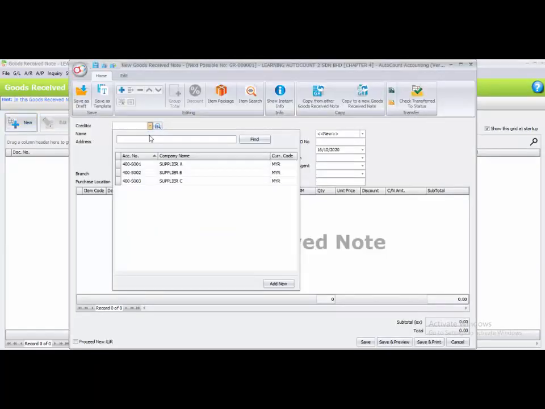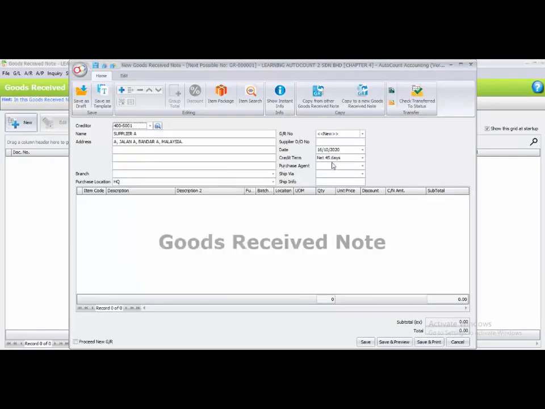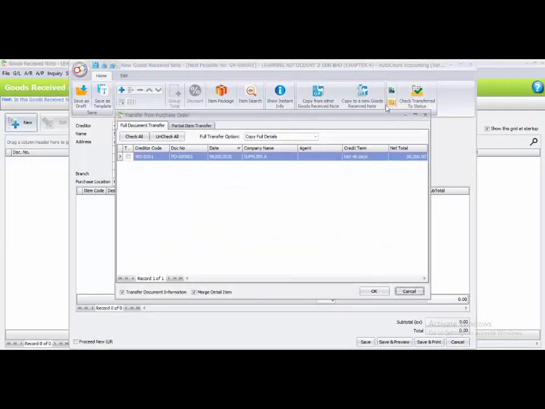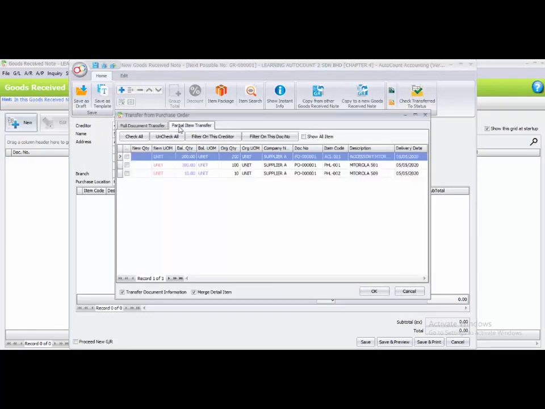Creditor is supplier A, and now we have to do a partial item transfer from purchase order. So here we choose transfer from purchase order. If just now we used full document transfer, now we are going to use the partial item transfer. Okay, for the first item ACL001, which is this one, the original quantity that we requested in the quotation is